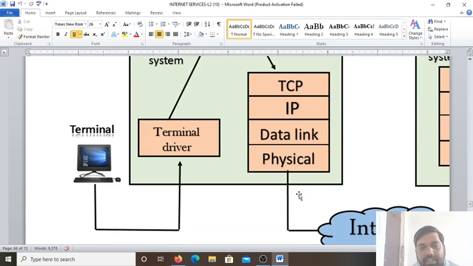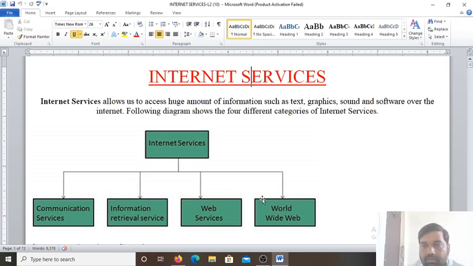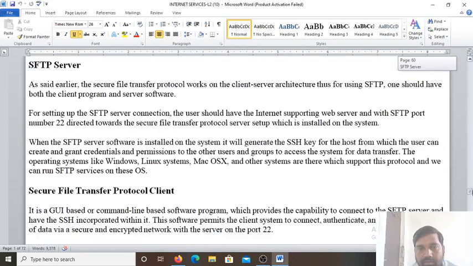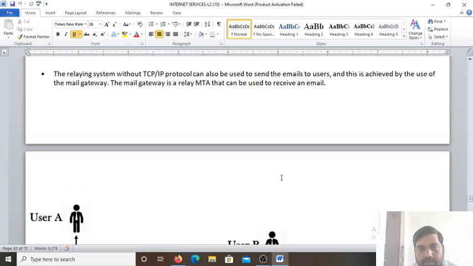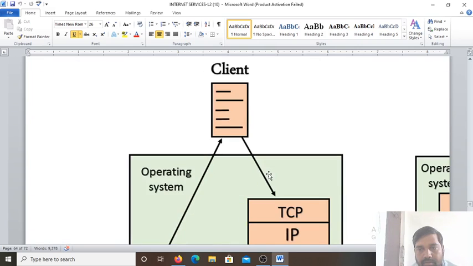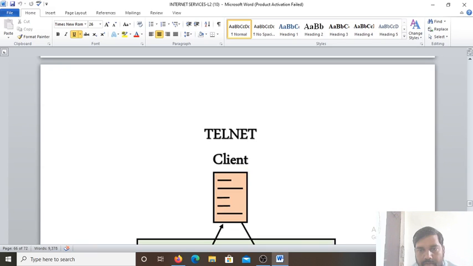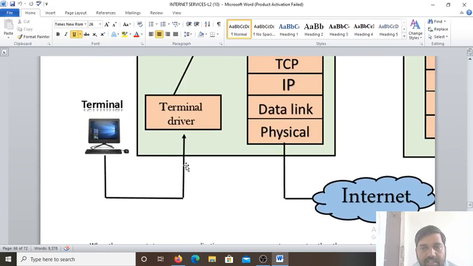Now TCP/IP, data link, physical, now internet. Now how remote login occurs.